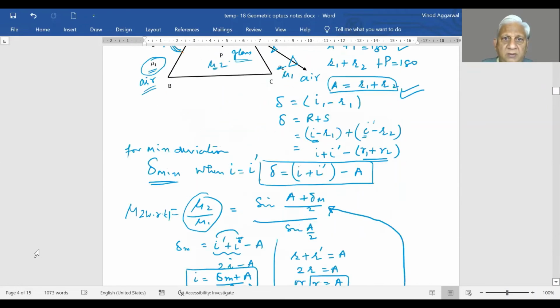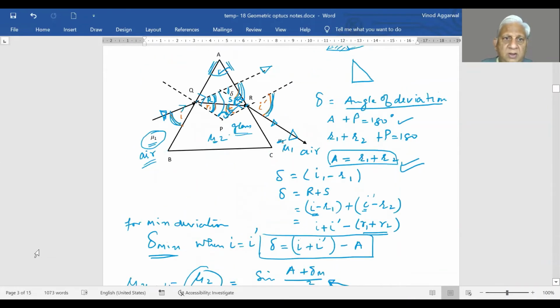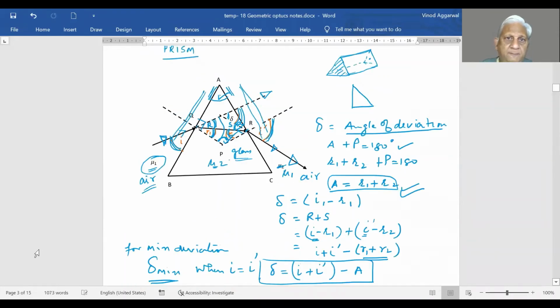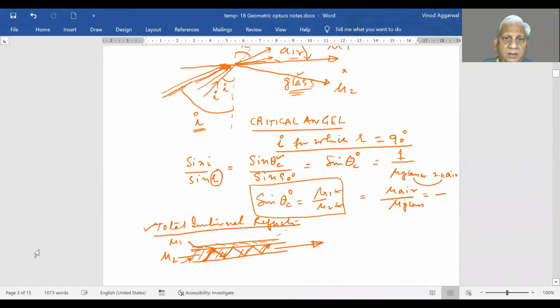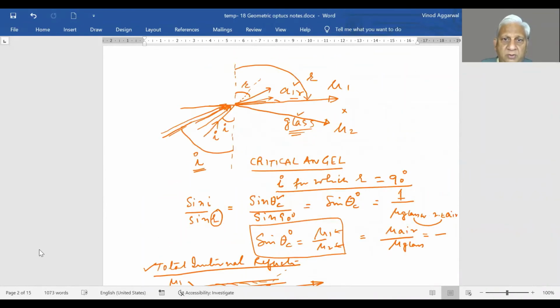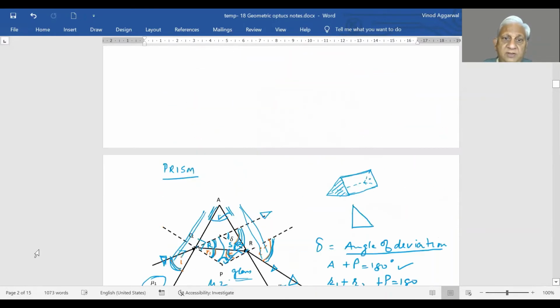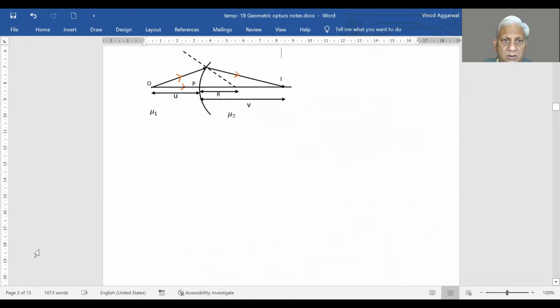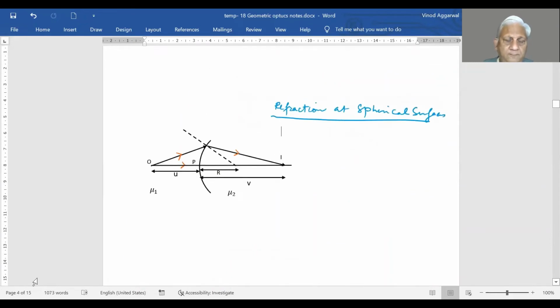Earlier we have seen all these treatments at plane surface. This surface was plane, this surface was plane. Again, when we talk about total internal reflection, this surface was plane. But what if the surface is not plane? The surface is spherical. Let's say